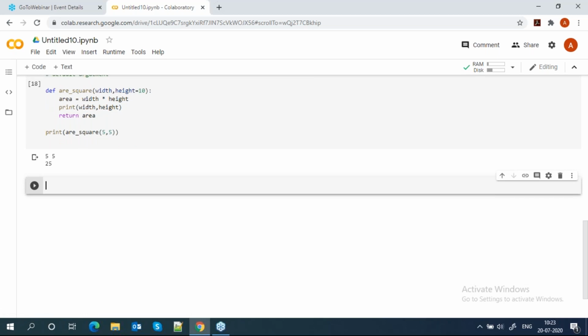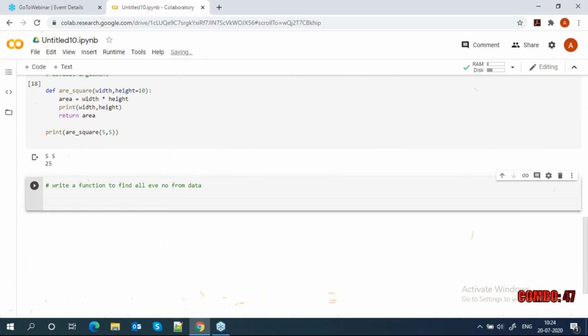So suppose how to write a particular function to find all even numbers from any data. Suppose this is my data, simple data.